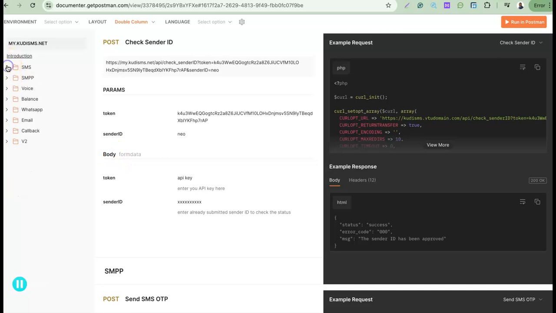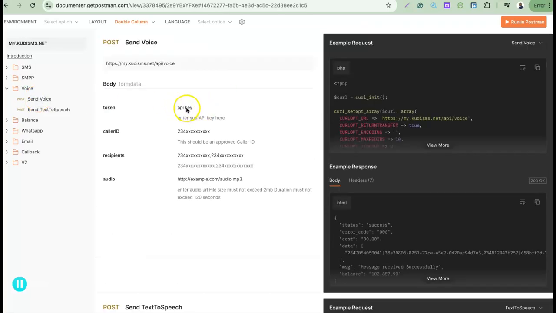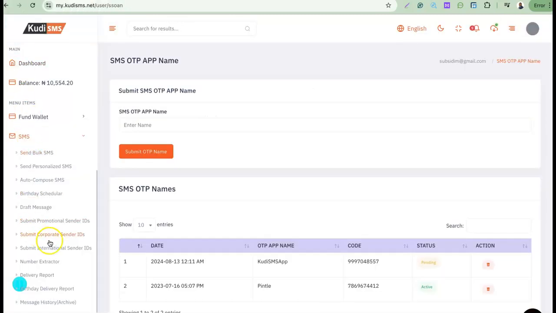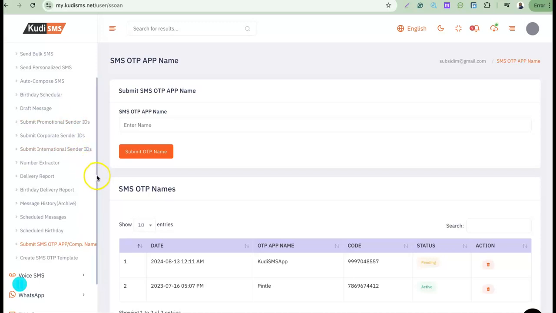So other services will have voice SMS, so you can send voice SMS via API. You need your API key as well, your caller ID, that's your phone number, approved and verified, then your recipient, then the audio URL. So for example, if you need to upload the audio to our website, if you want to use your